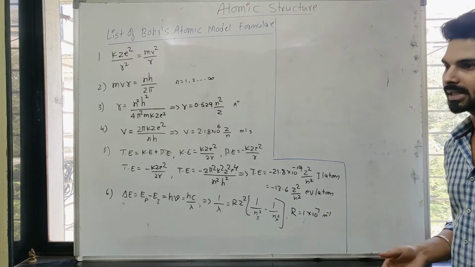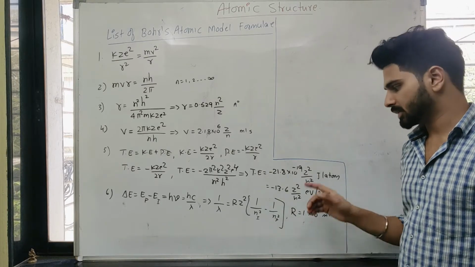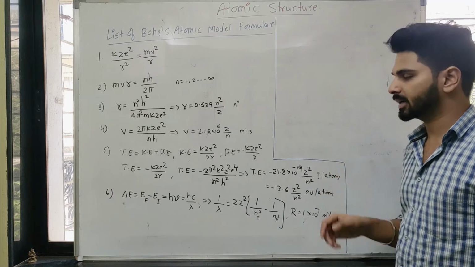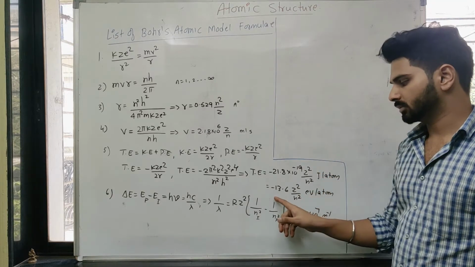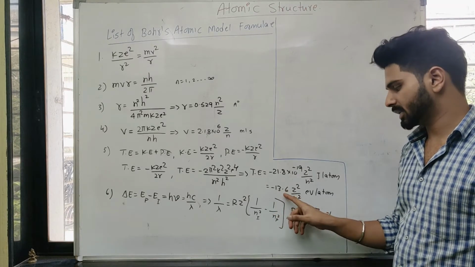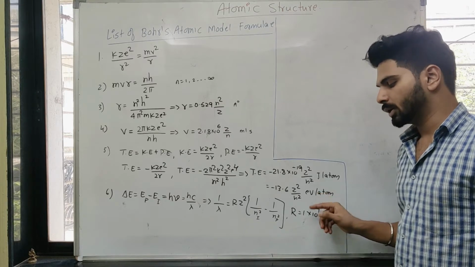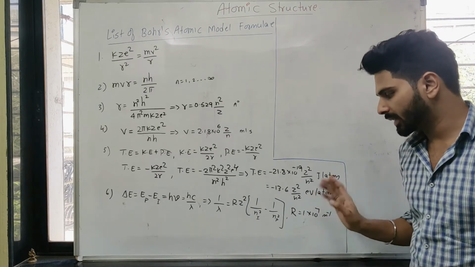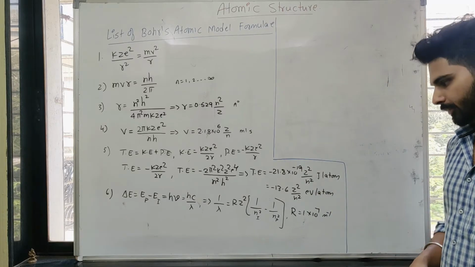Otherwise, for let us say random number like 10 moles, 10 atoms, 100 atoms, then simply multiply that 10, 100 atoms there. So joule can be converted to electron volt, then it becomes minus 13.6 Z² upon n² electron volt per atom. Here also, to increase the number of atoms, simply multiply that many atoms. If it is for 1 mole, then multiply 6 into 10 raised to 23.